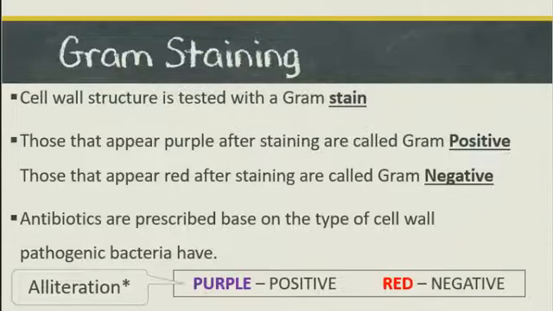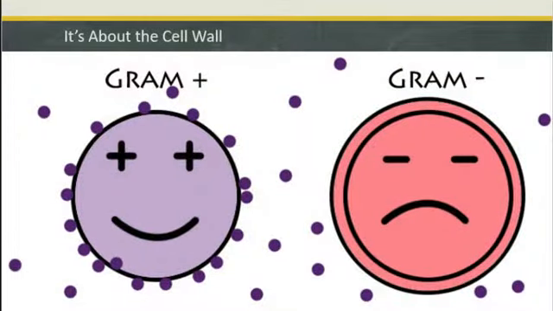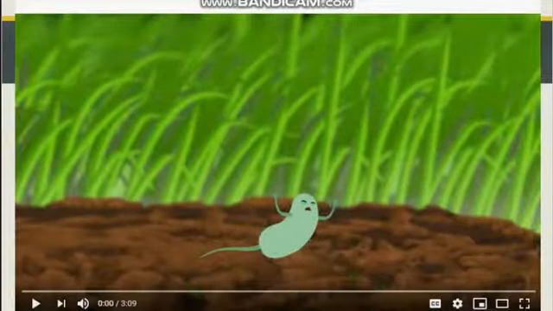And this is just a hint right here for the alliteration. Purple means positive. Purple's positive. Red's negative. I can probably just remember red negative and purple positive. Okay. So here's our positive, it's purple, it's all happy, it's holding on to that purple stain. Gram negative is sad because it couldn't hold on to that purple stain. It looks more upset. We're gonna watch a little video on this. It's a goofy video, forgive me, but it's